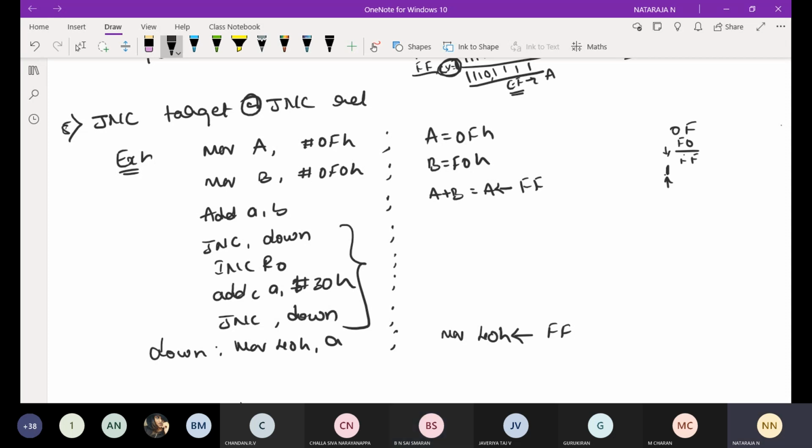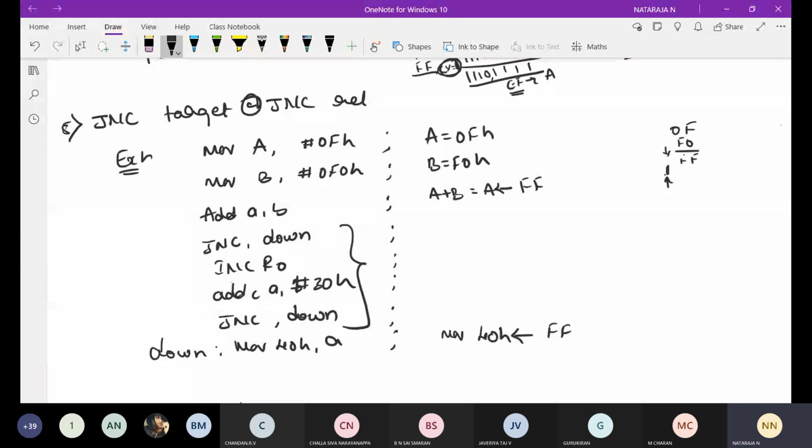Make a note for this instruction. This instruction checks the carry flag. If carry is equal to 0, the condition is true, then it jumps to the specified label or address.